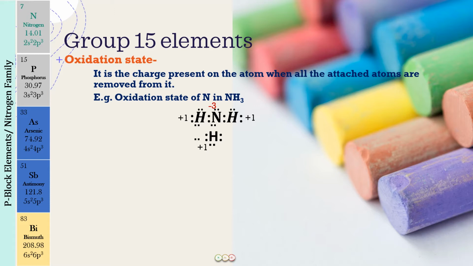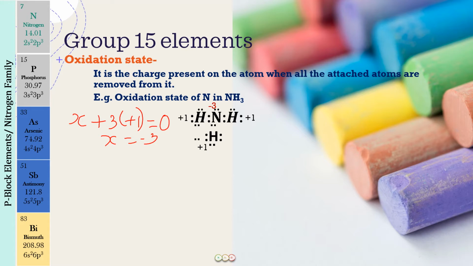And you know how to do it mathematically also. You have learned that in class 11. We have to find out the oxidation state of nitrogen. We write that as X. We add up the other atoms multiplied by their oxidation states. So here we have hydrogen, 3 in number, and the oxidation state is +1. And as a whole, the molecule is neutral, so this is equal to 0. So X plus 3 is 0, and if we solve it, X is -3. And we calculate the oxidation state of nitrogen to be -3.